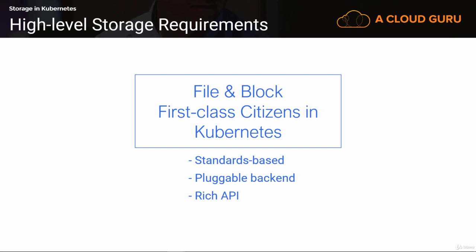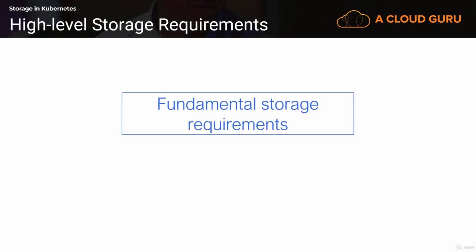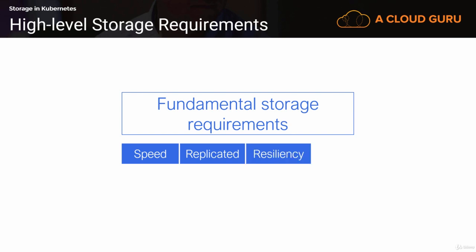Okay, so Kubernetes loves storage, but if you're a developer or whatever, what might your storage requirements look like? Well, it's things like, do you need fast storage? And you know what? The answer is not always yes. There's a cost to consider, yeah? Fast isn't usually cheap. Does it need replicating? Should it be read-only? If it needs to be writable, do you need more than one pod to be able to write to it? How resilient does it need to be? Even things like, will it store sensitive data, so should it be deleted when you're done with it? These are some of the things you need to consider.